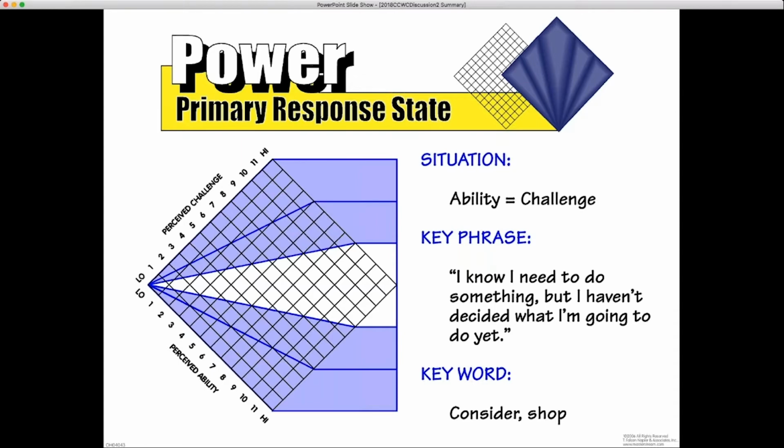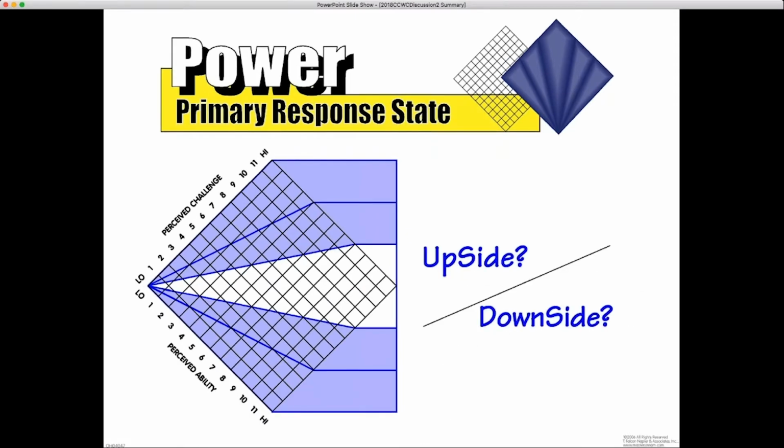I think the challenge to being in power is that they can often get stuck there. So it has the potential to become a crutch, and it opens into that space of what else is going on? Is there a fear that's happening here of moving forward, or confidence level, or not sure where you're going, and what goes on there? So people tell you that they're in power, sometimes literally, when you ask, tell me what your wins are for the week, or what's been going on. Well, I'm still looking at this, or I'm researching, or I've been talking to. So they have all those pieces, and then you find out, what are you doing with that information?